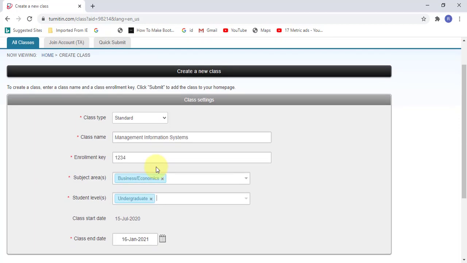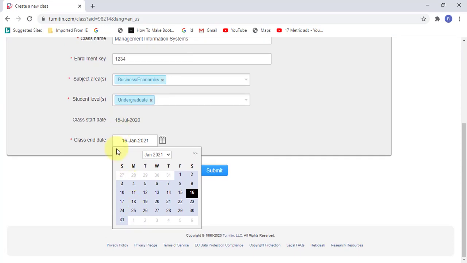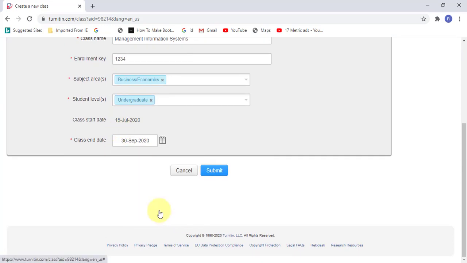Alright, now the class start date here is really important. It's going to start from today, and then the class end date, we have to make sure that we remember the end date that we put here. We also can choose any date that we would like to. Take an example, maybe on September 30th 2020 the class will end. Okay, so I submit this